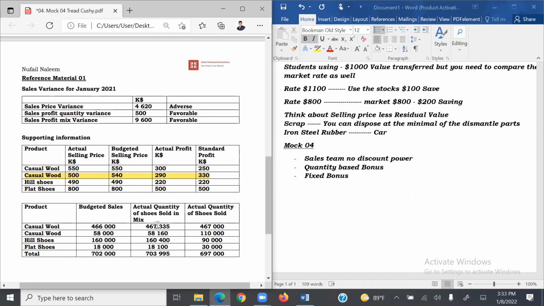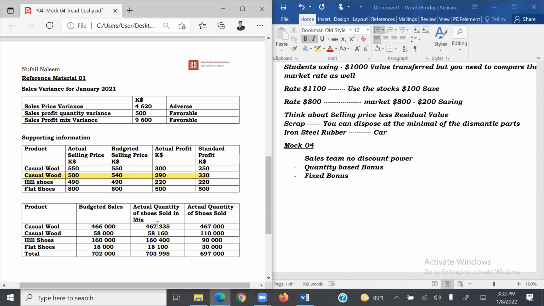And then, students, actual quantity for the wood shoe is also very high compared to budget, if I'm not mistaken. And the heel shoes are less. And as usual, the flat shoes are even less if you observe in the quantity figures. So effectively, students, what we can understand here